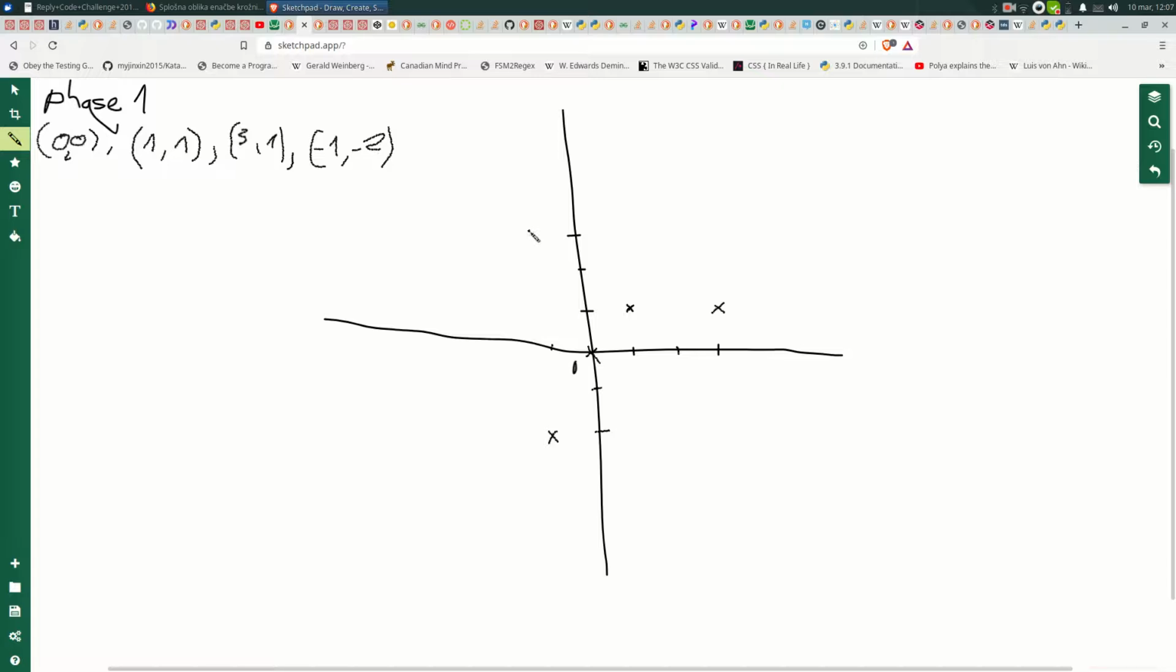Now the question is, how do we calculate all of these points? So we first do a calculation, and these are quadrants: let's say this is the first quadrant, that is the second quadrant, that is the third quadrant, and that is the fourth quadrant. So the first step is to figure out